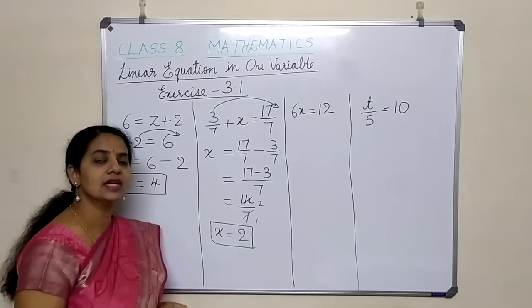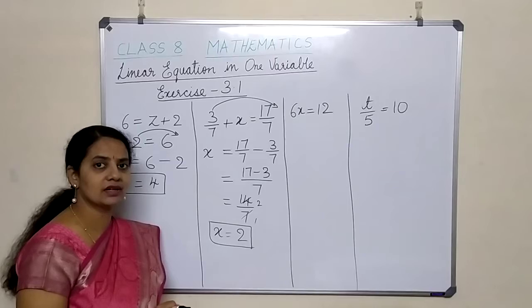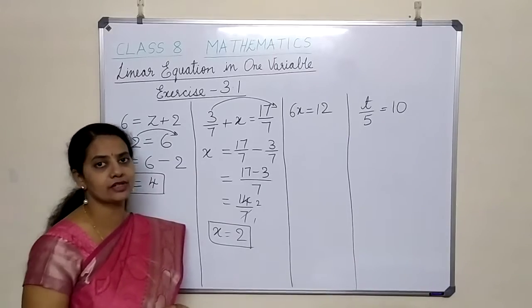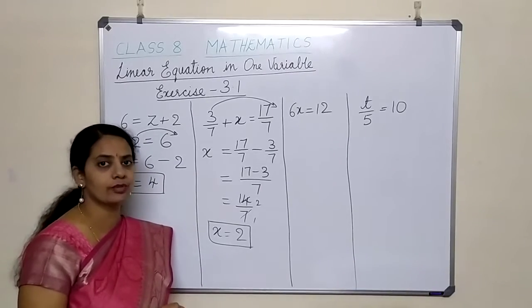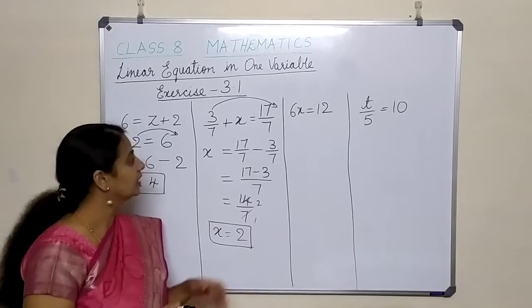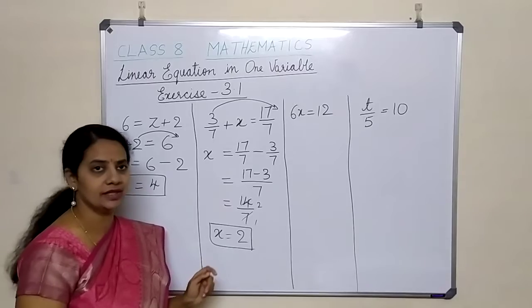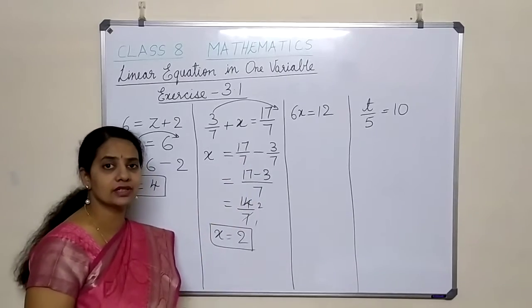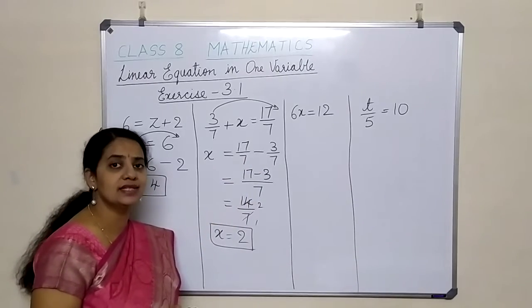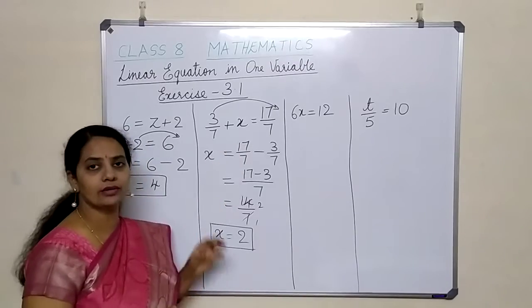Go back to this 7th standard, take out your 7th standard books and learn how to do fractions, addition of fractions or any kind of operations on fractions. Here the denominator was same, so it was very easy. What if the denominators are different? That time you need to take LCM. And then you have to do the particular operation.